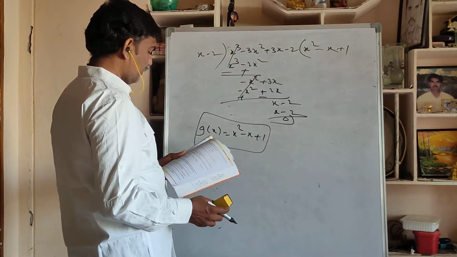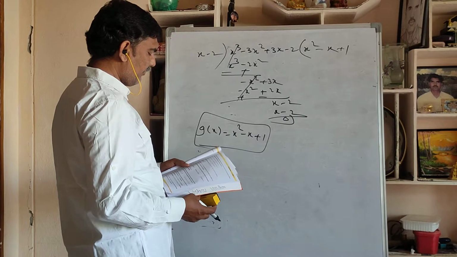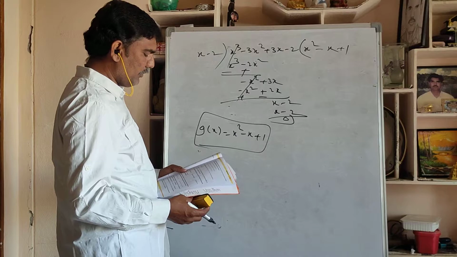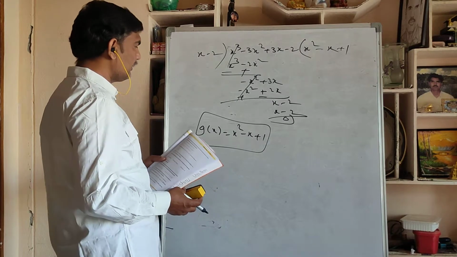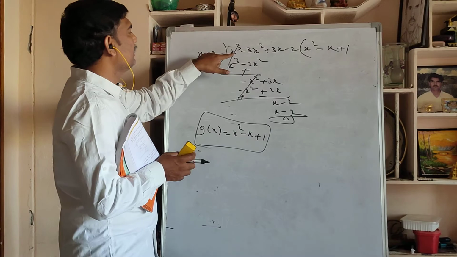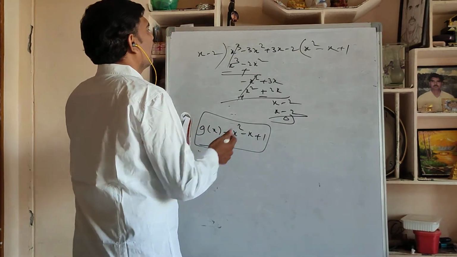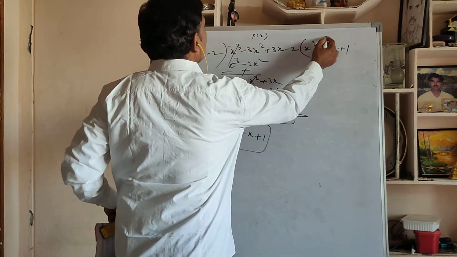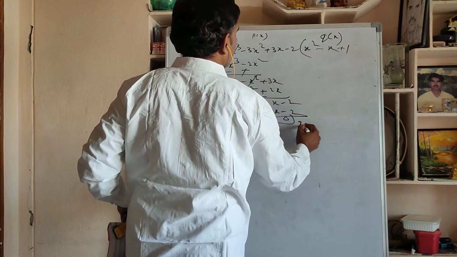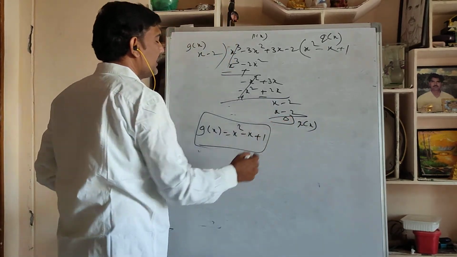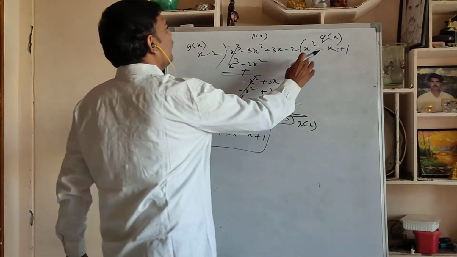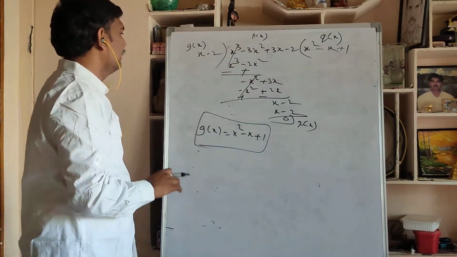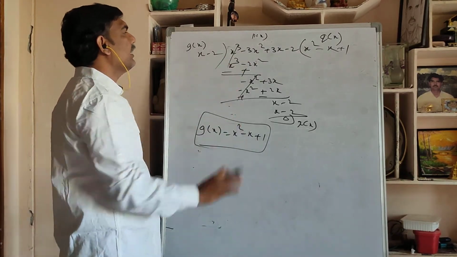So what he is saying is, the degree of p of x and the degree of q of x should be equal. Like that you have to give examples for p of x, g of x, q of x and r of x. So this we will see. This is p of x. This is g of x. This is q of x. This is r of x. A constant has degree 0. Here the degree is 2. Here the degree is 3. Here the degree is 1. So like that you have to give some examples.